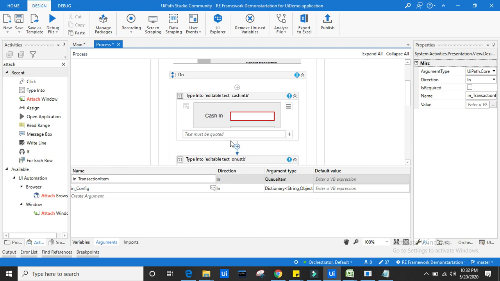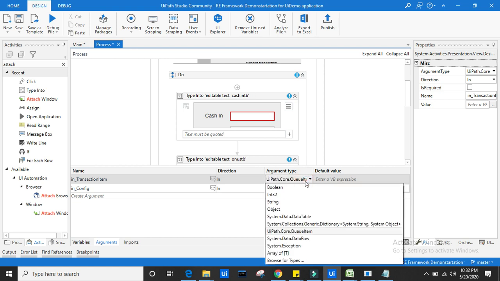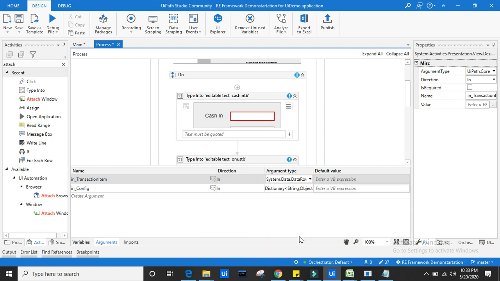So how can I do it? Now again you can see here the argument type should be what? It is Q item in this case, but I need to change it to data row. Always we should keep it in mind, the transaction item argument type or data type should always be data row.